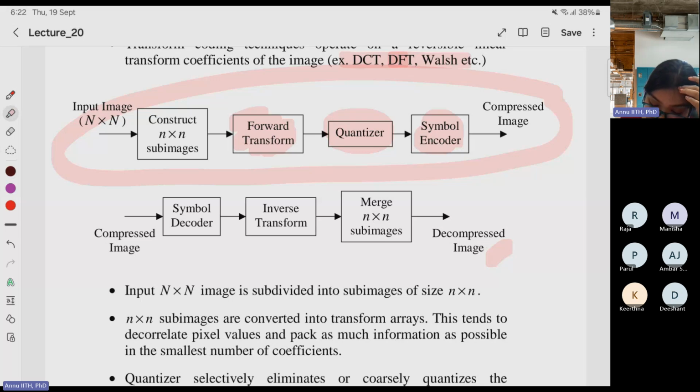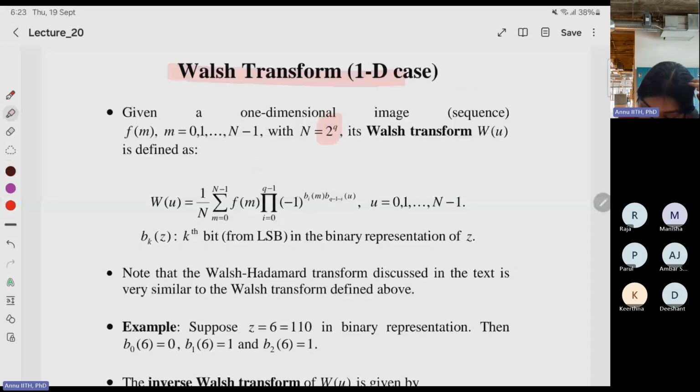Now the Walsh transform is a particular case of the 1D case. When we have a one-dimensional image sequence, it is just a sequence f of m, where m goes from 0 to n minus 1, and n is equal to 2 power q. The q can be any value where the power exists. Its Walsh transform, W of small q, can be defined as